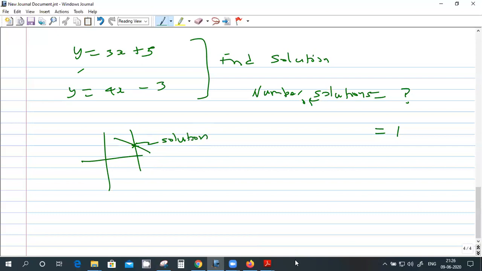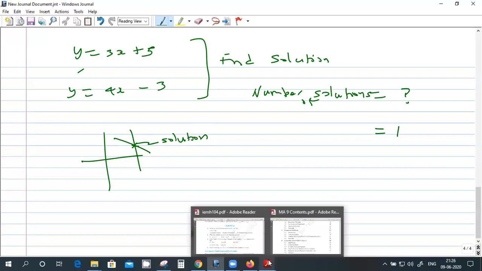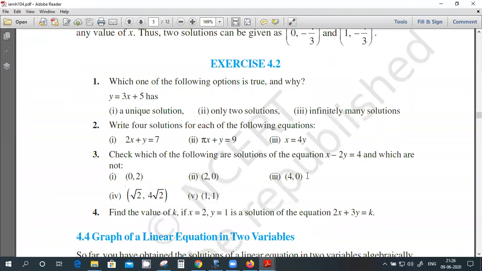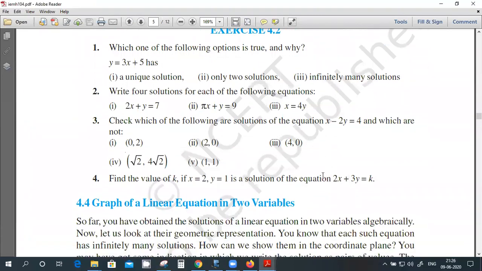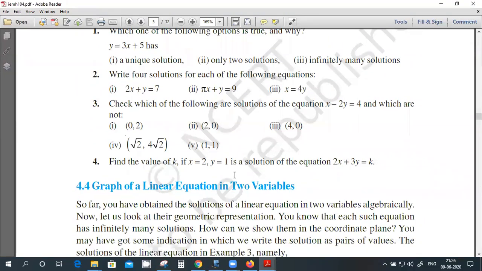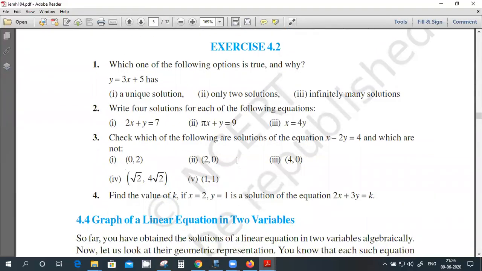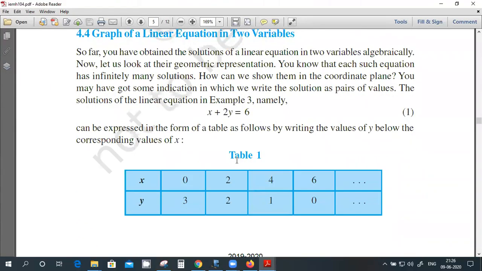And have they taught you how to solve these two equations? No, they have not started the graphs. Only the easy part is started. Only this exercise is done, and the next part we have to start. There is nothing, right? You just have to put x values and calculate the y value. Yeah, we have done one or two questions of this kind today.